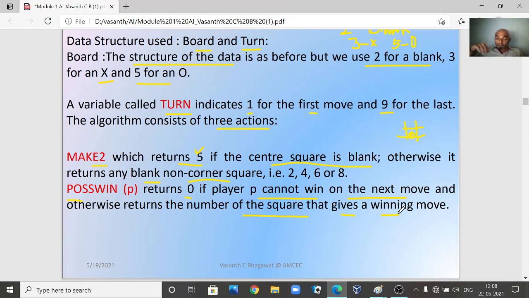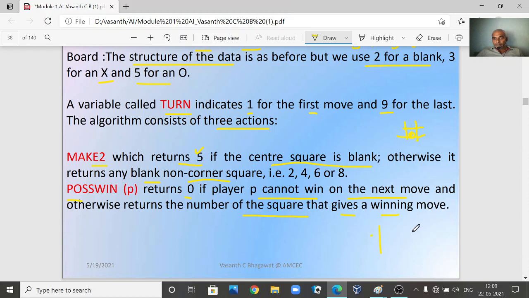Otherwise, that means if the opponent is going to win in the next move, it returns the number of that square. Let me be very clear. Say these two are already there, and now it is X's turn.